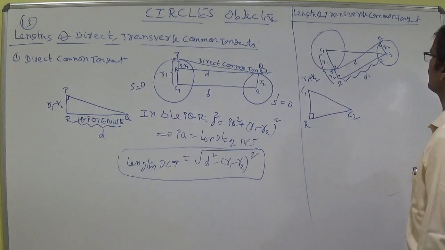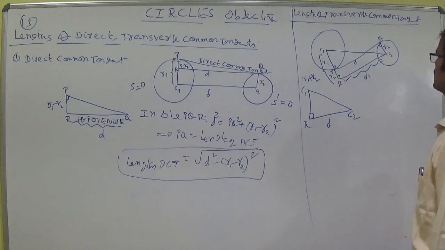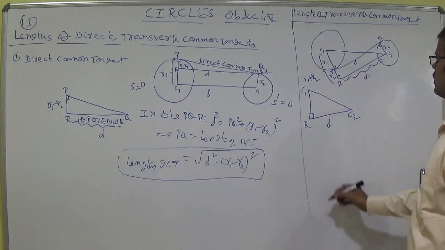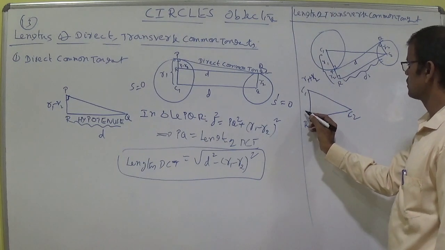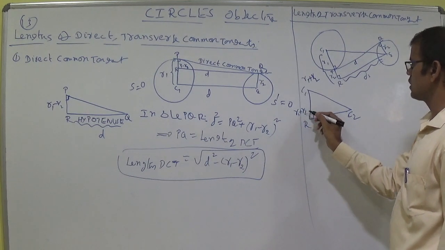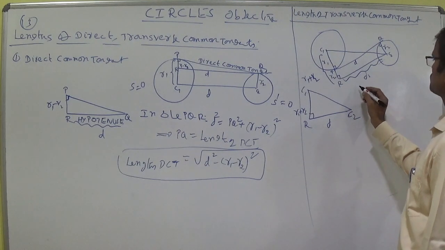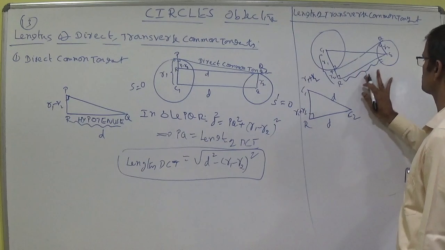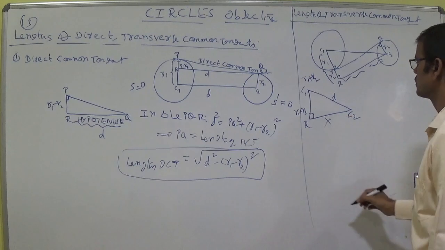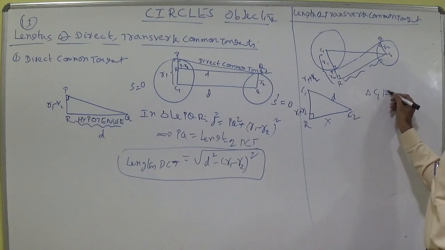Now we should calculate PQ. PQ is parallel to RC2, and it is D. Now C1R is R1 plus R2, and C1C2 is D. Don't think this one is D. Why? Because we should put another name. Simply leave it, otherwise put X. Put X. So now, using this triangle C1RC2,